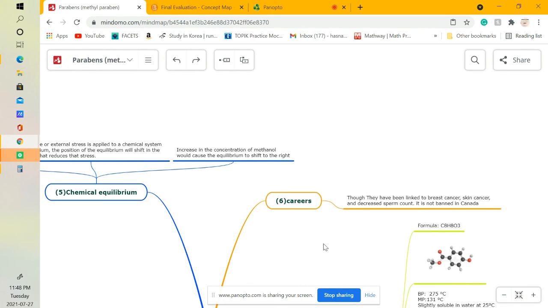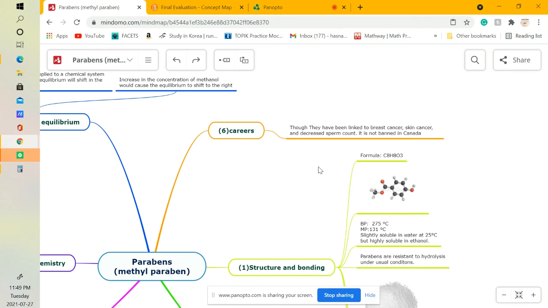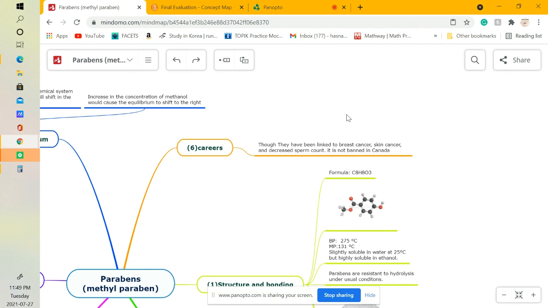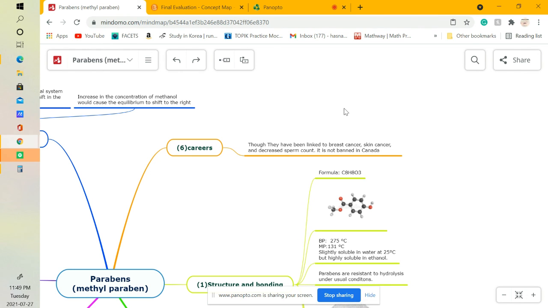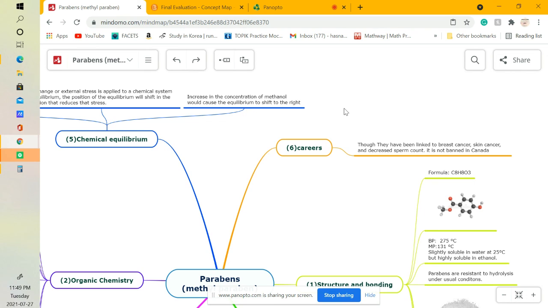Let's see some careers linked to parabens. So, even though in some nations a lot of parabens are banned, not here in Canada, or in the U.S., which is questionable, because they've been linked to breast cancer, skin cancer, and decreased sperm count. So it has these horrible effects on the human body, and its use is still supported in Canada just because it's very effective and efficient in being